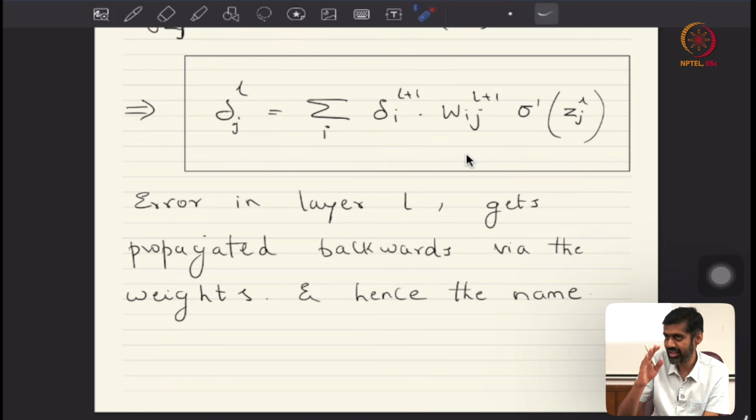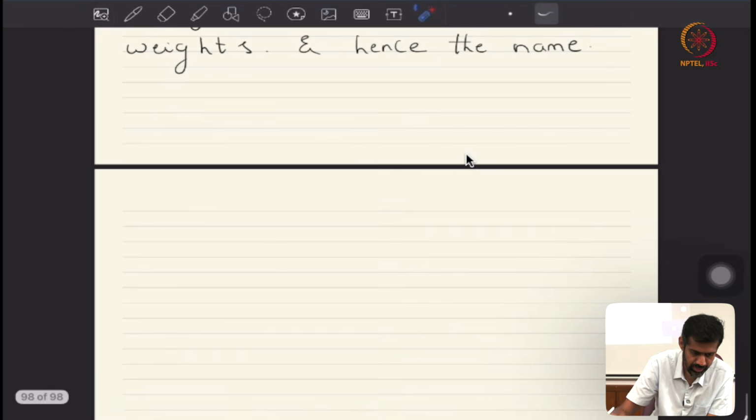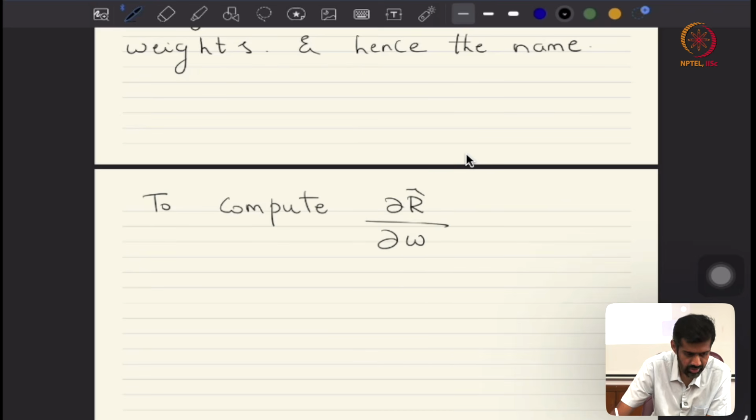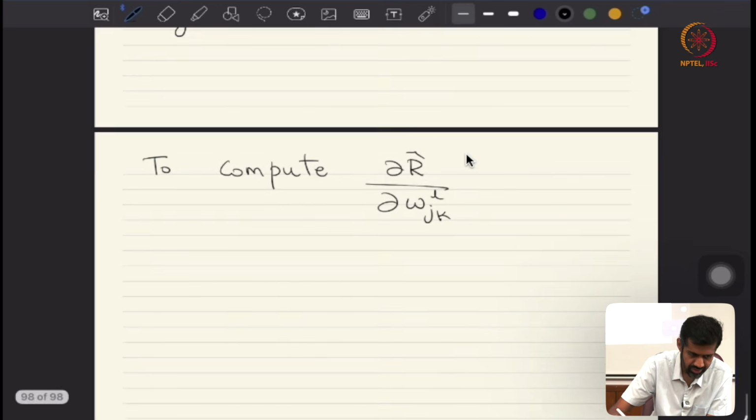Basically the idea is you compute the error at the last layer and then use this recursive thing and backpropagate it, right? So once you have this, finally we want r cap, the derivative of this with respect to this thing, right? This is what we wanted. Now that's given by